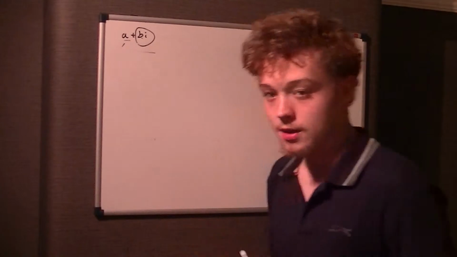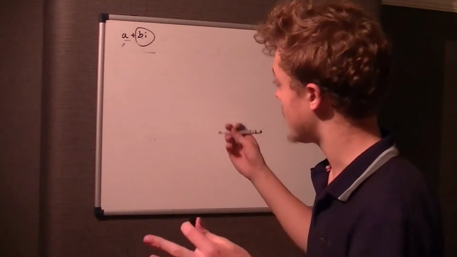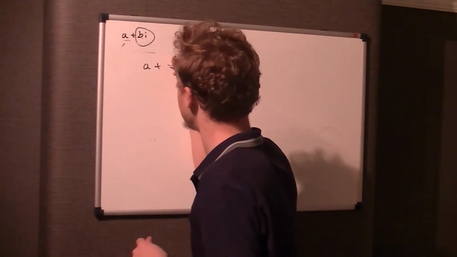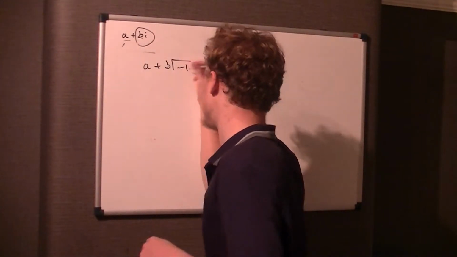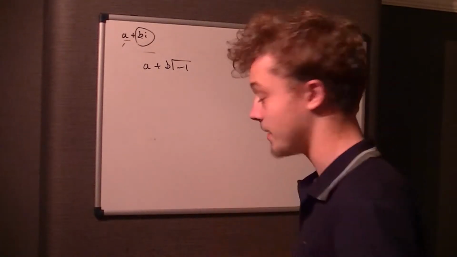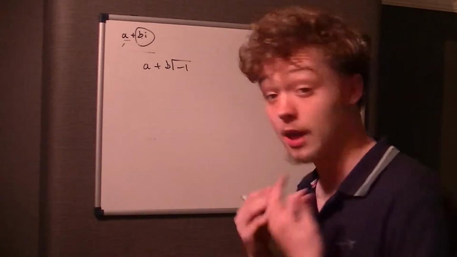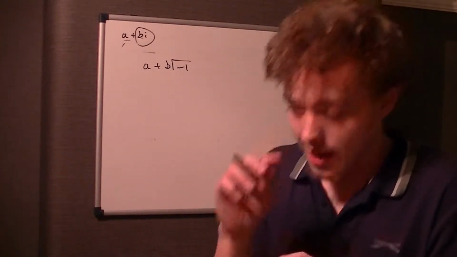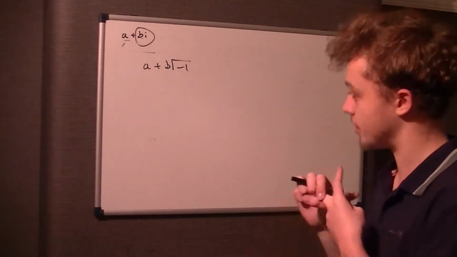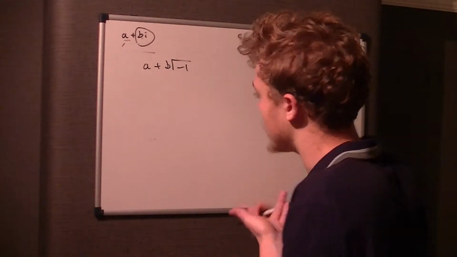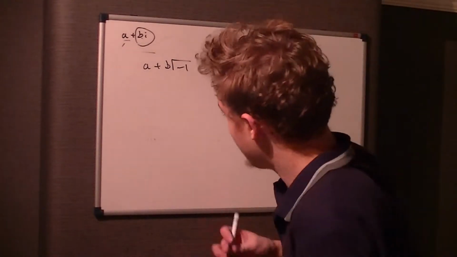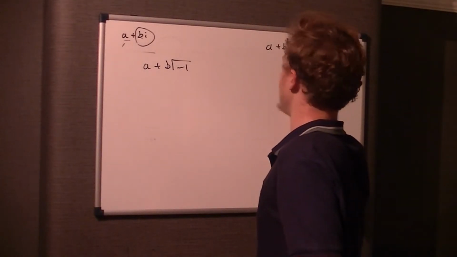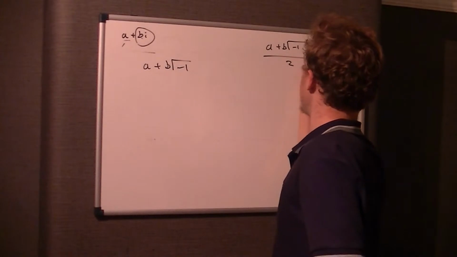Well, let's say we call i root minus 1. So that's a plus b times root minus 1. Now, when would you ever get something like that in a formula? You're kind of giving it away there. So when would you get a number plus another number times the square root of something? Well, generally you might see it like this. So you might see a plus b root, let's say that's minus 1, over